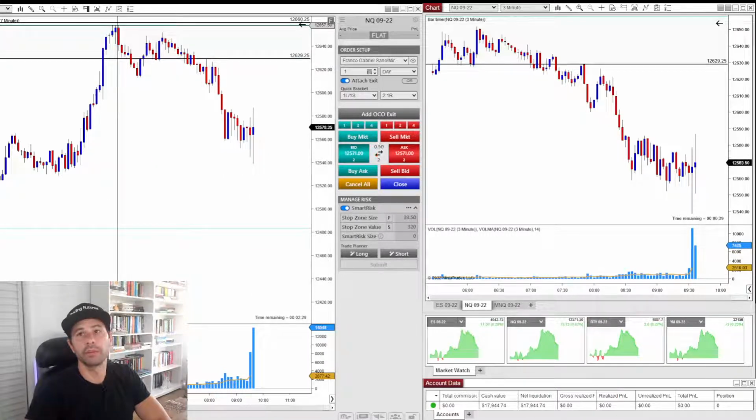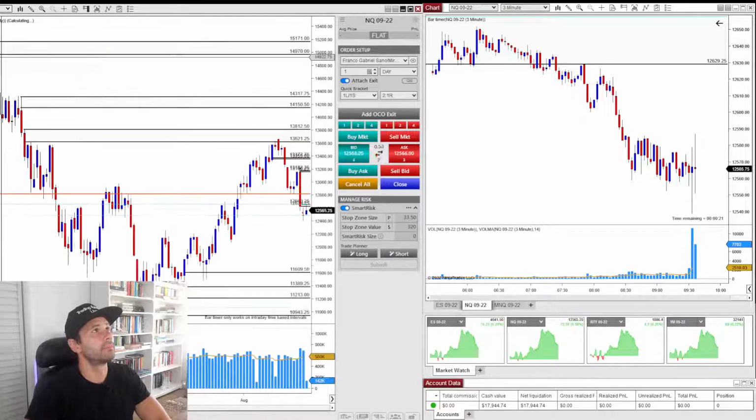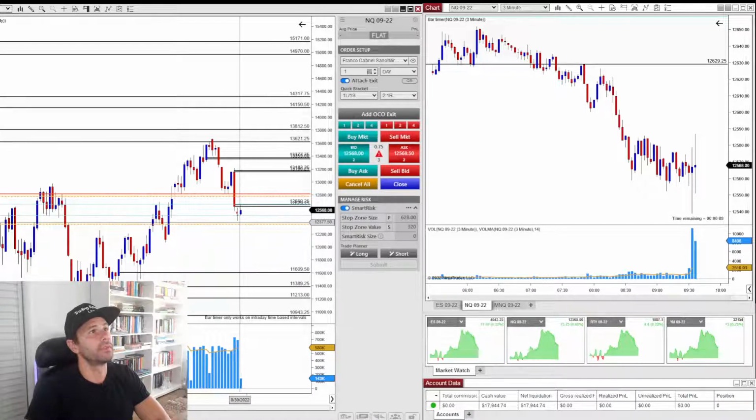So this is the overnight high. We have these blue lines. This is the overnight low. So we are trading right in the middle, right? And if we go to the daily chart, we are around probably a 40% retracement, right? 50% was yesterday down here, approximately, right? So it's right in the middle of the chart.